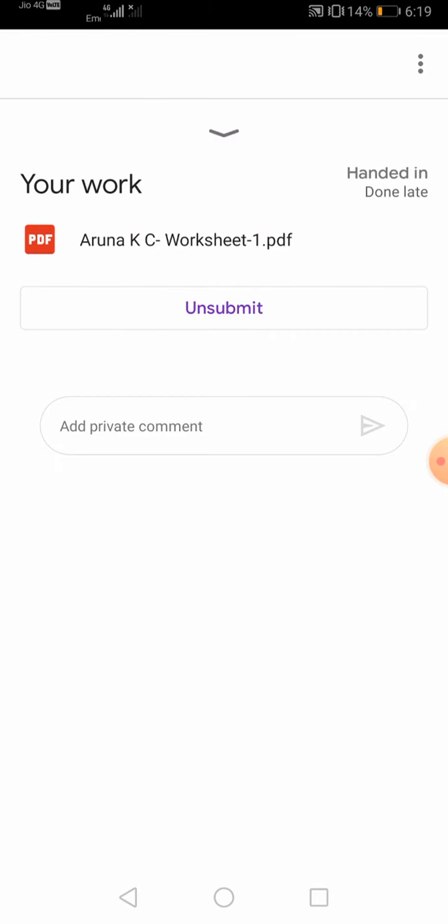And I told you, please follow this format for naming the file: your name, then a hyphen, and after that you need to mention worksheet. It is enough, no need to mention the subject, it will be understood by the teacher. So name, and after that which work it is. This is the format to name the file. I think it is understood for everyone.